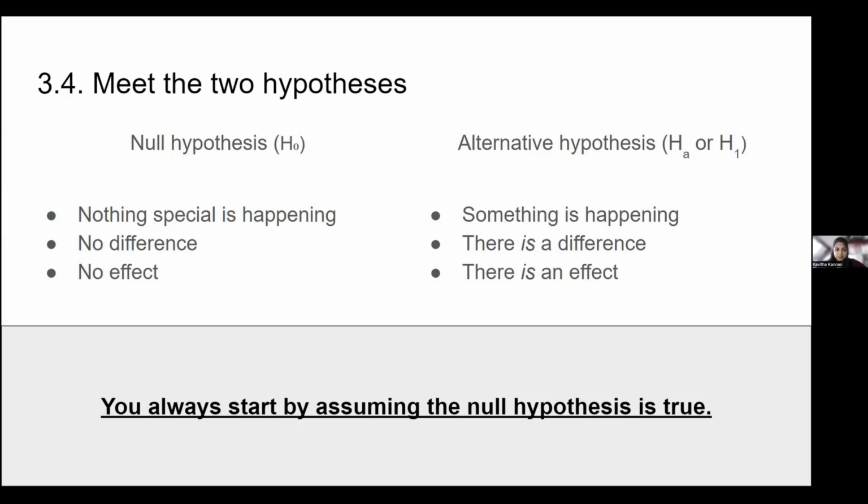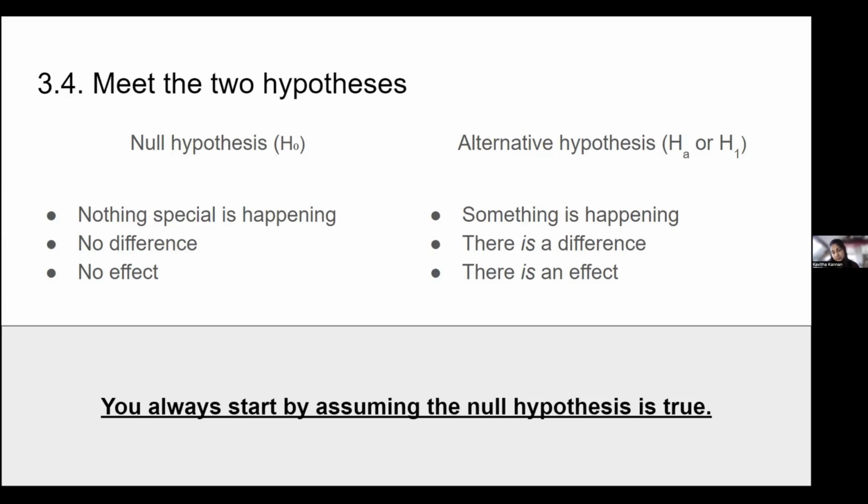So if you expect some change, some differences between two groups, can we take an example with two variables? Like you expect two groups,